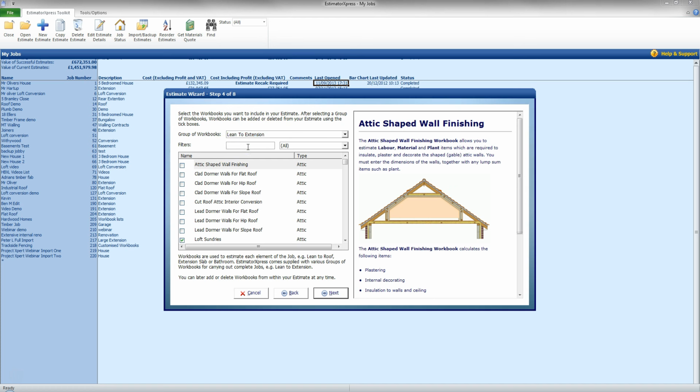If I need to add any other workbooks specifically, I can also filter this in here now, and it will filter through and find me the workbooks I need to add. I'm not going to add them at this point. I'll add them in another video. At this point now I'm going to click next,